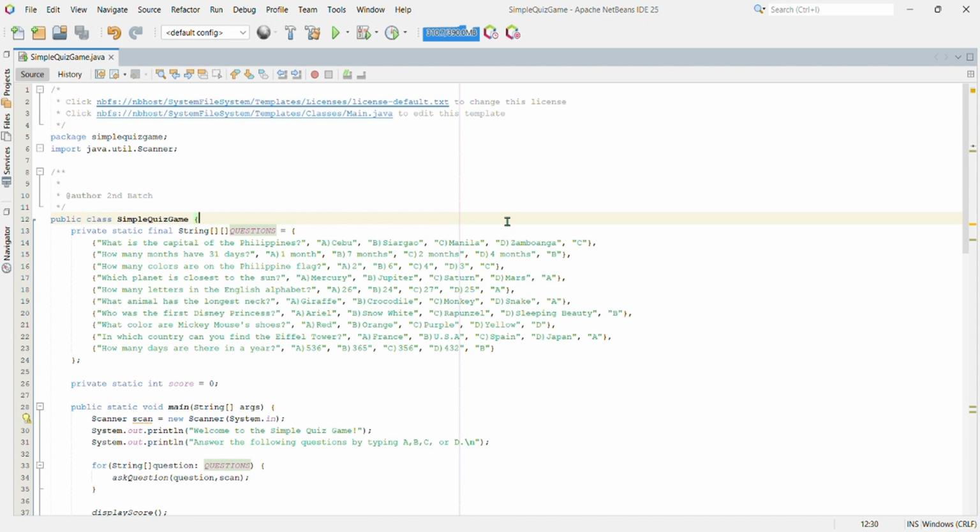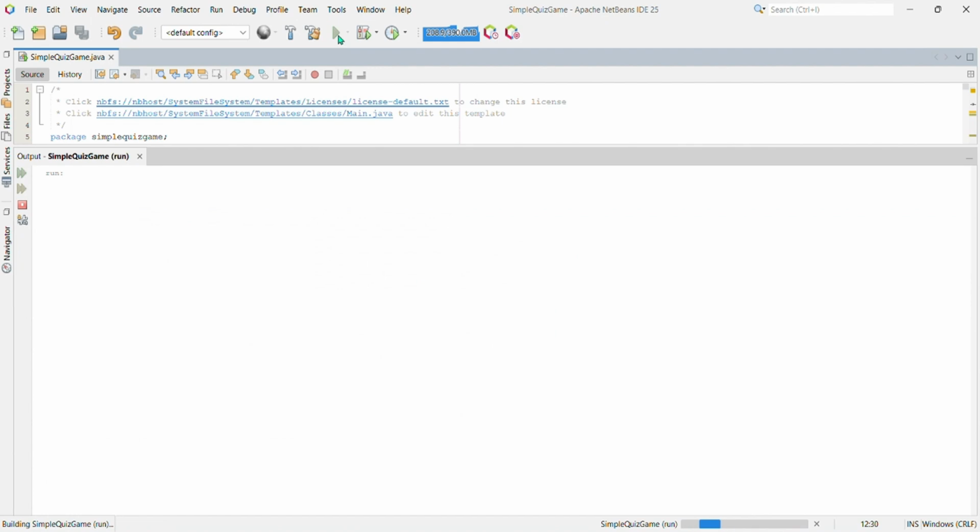Now that we've explained the code line by line, let's try to run our code. But first, let's ensure that any previous compiled versions are removed by clicking clean. And now, let's click run.